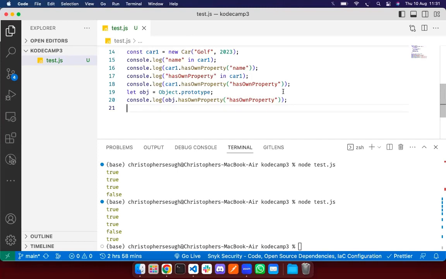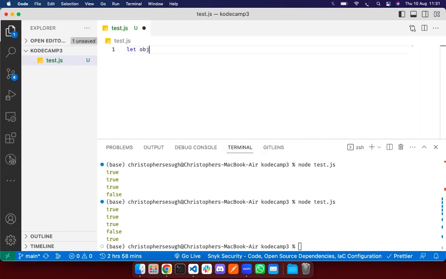And the property of the new object is actually referencing the original prototype from which it inherits. What the whole grammar we're speaking here is, let's for instance say, let obj be equal to an empty object. Let's say obj is equal to an empty object. Now, let's say let proto